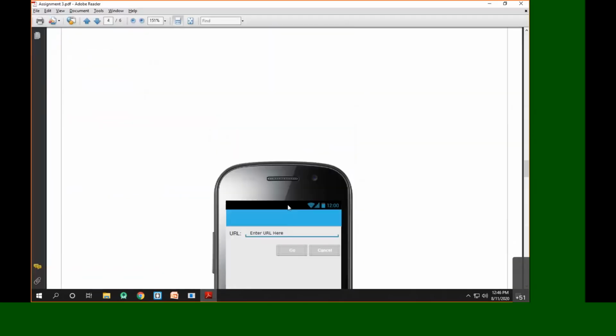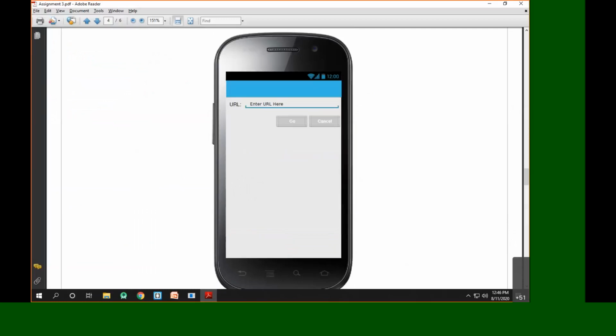It's a good choice. Again, for this particular design, which layout are we supposed to use here? Any suggestion? Which layout are we supposed to use here? I need you to be responsive so that I can go further. So please type your suggestions or answers in the chat box.